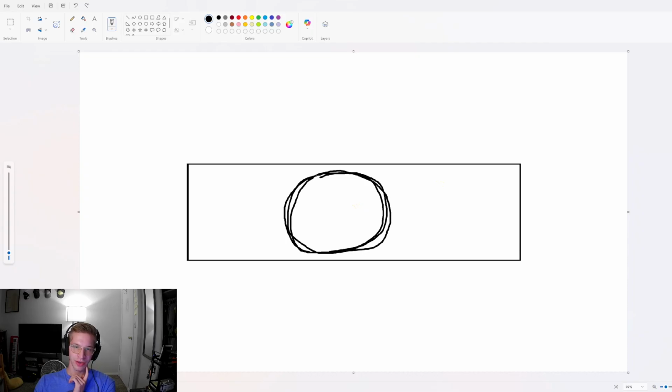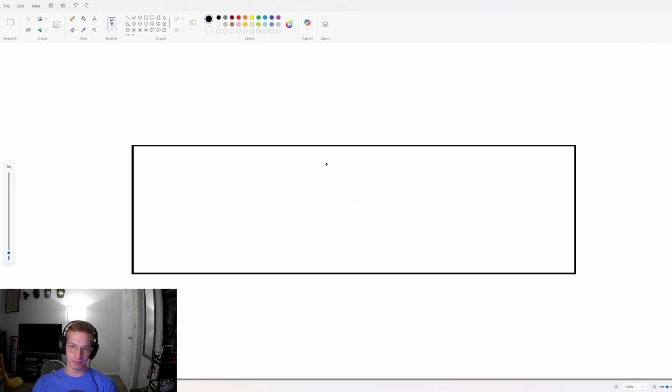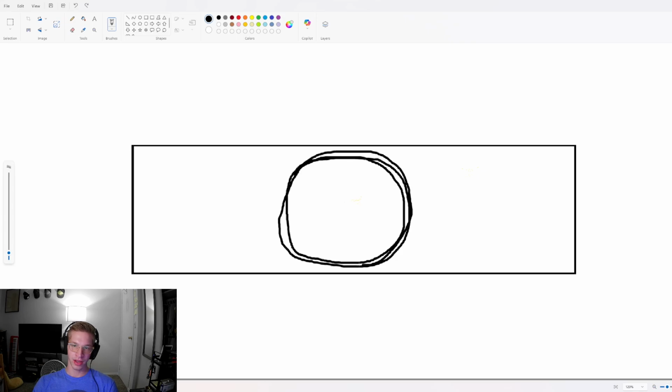I'm like, yeah, that's me. And this isn't quite looking like how I want it to. If you're wondering, like, Asher, what are you doing? I'm trying to draw his head, his face. And I'm doing it like this. I'm not using a perfect circle because it's supposed to be very chaotic and freeform.